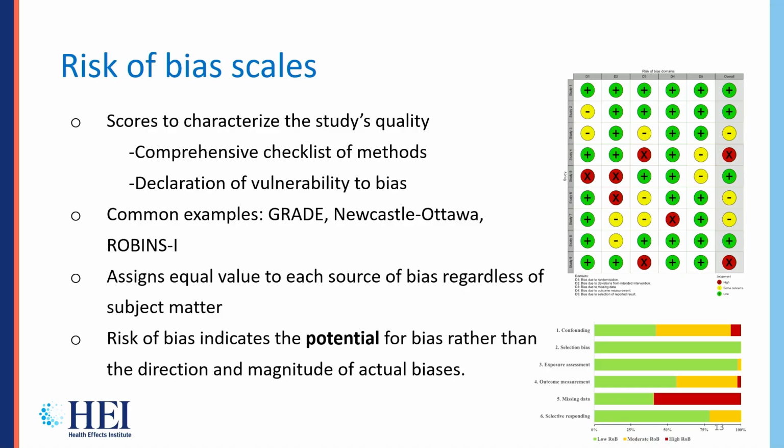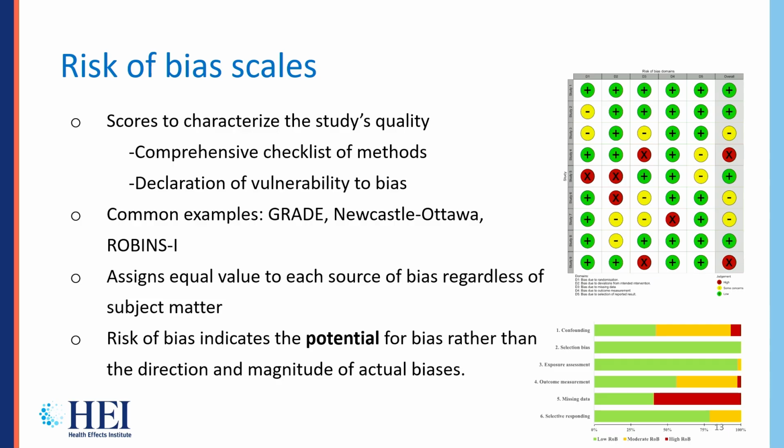Another one is risk of bias scales, which are, again, a standard algorithm for characterizing the quality of studies, which gives a score or points for different features of the study. Now, those points and the methodologic concerns are not all equal. The measurement error is often at the top of the list, and that may be the one that you really need to dig into. You shouldn't get the same number of points for dealing with selection bias, which is often not a problem at all. And so it ends up being you classify studies as low risk of bias, high risk of bias, and of course it's risk of bias, it's not actual bias, and it doesn't address the direction or magnitude.